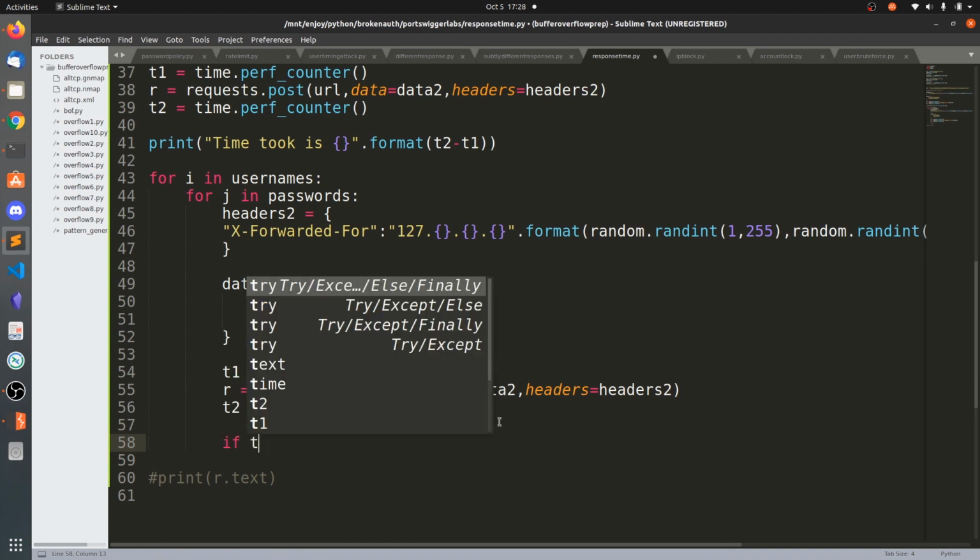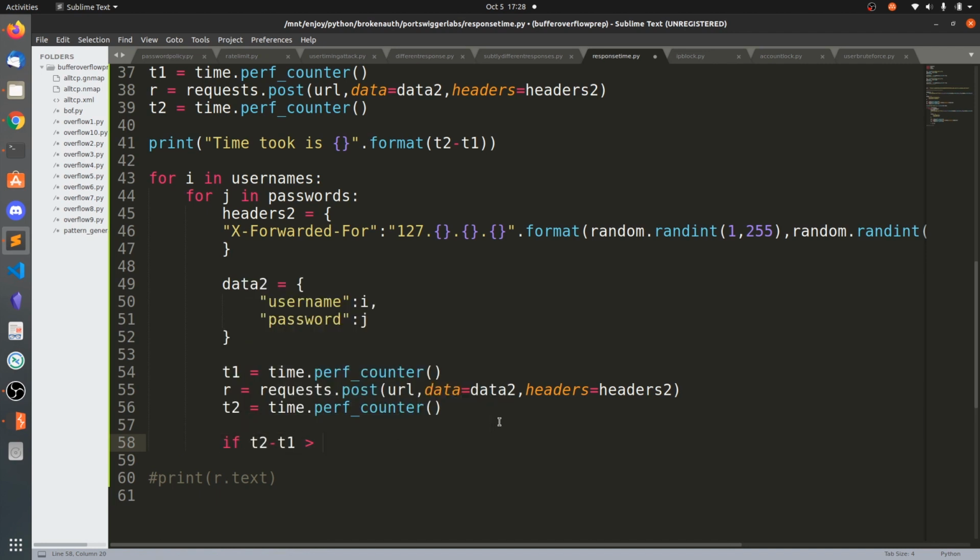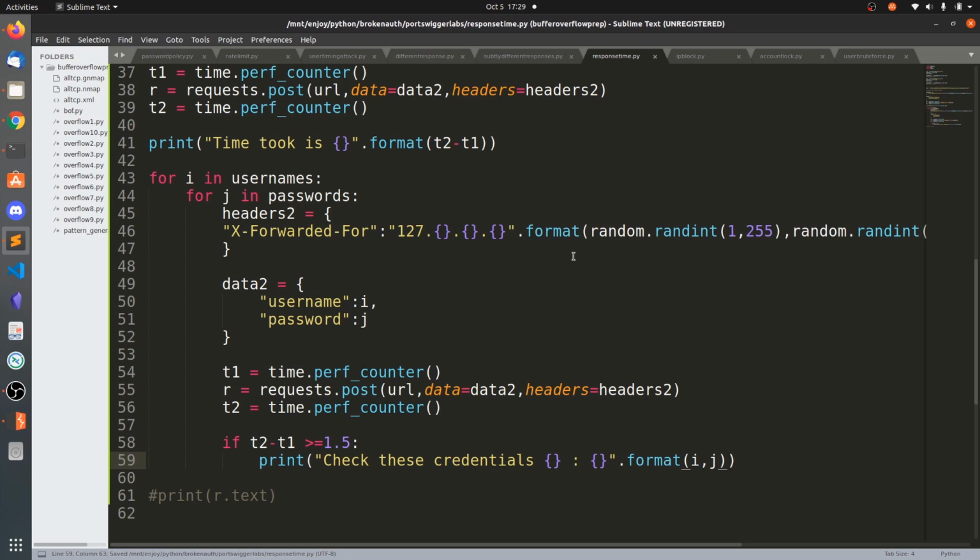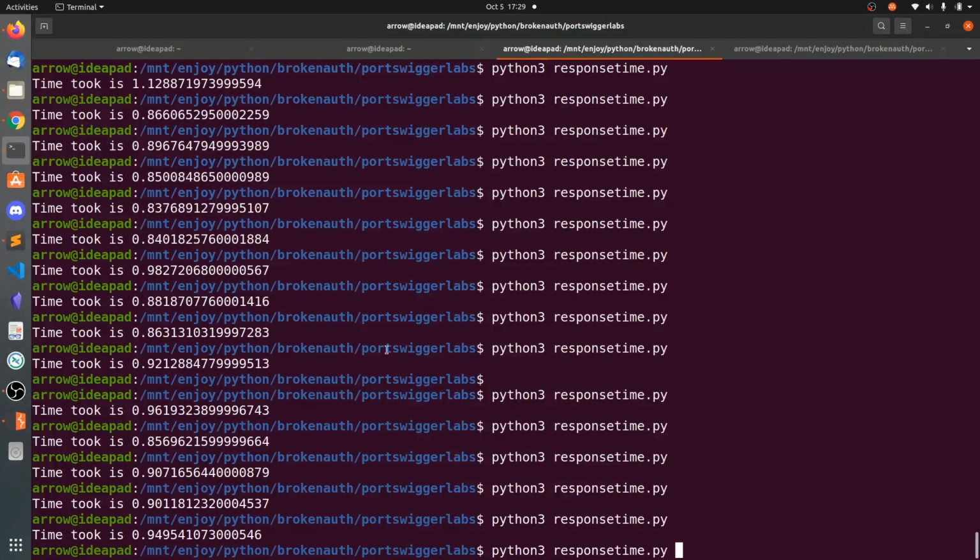So if T2 minus T1 is greater than or equal to 1.5, then print "check these credentials" dot format of I comma J. Okay, we have successfully built the script. Let's go and run this.